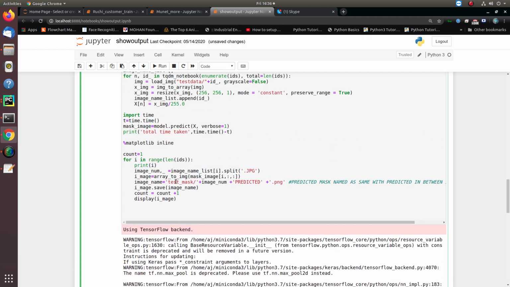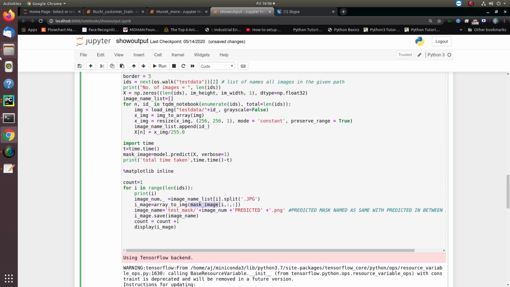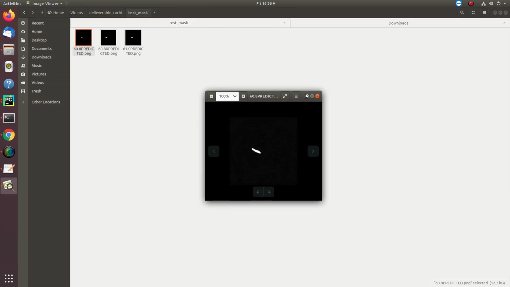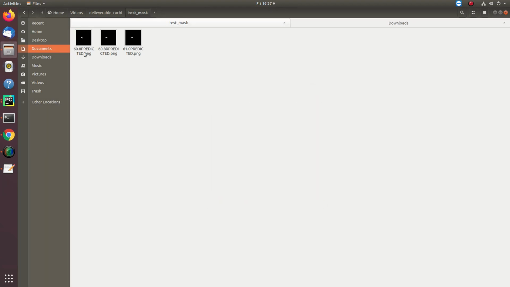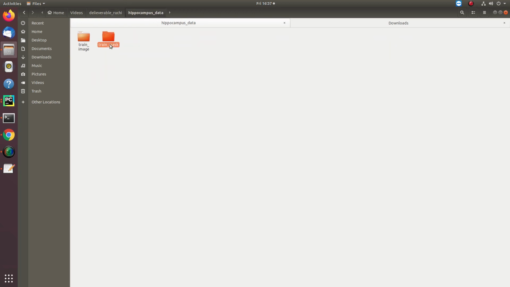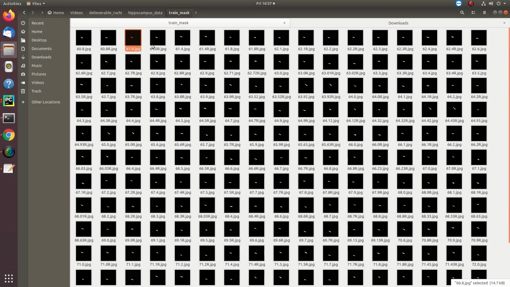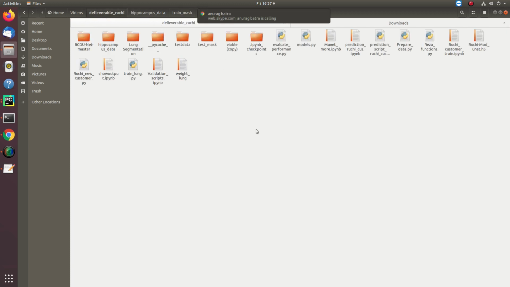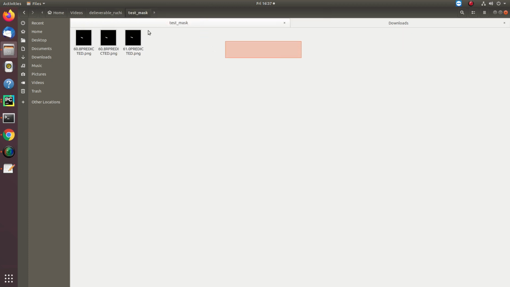All the predicted images are already saved in the image mask folder, so these are the predicted masks corresponding to these images. Let me show you. 60.8.